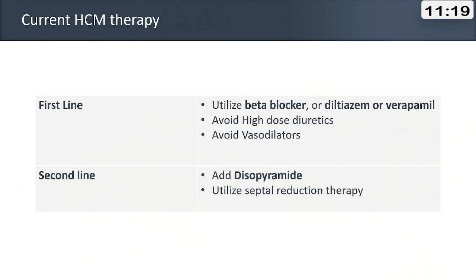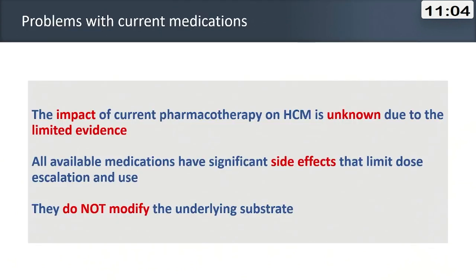First, we start with lifestyle modification and prescribing beta blockers and calcium channel blockers as tolerated. Then the next step is adding disopyramide, and if the patient is still symptomatic with high gradient, we proceed to septal reduction therapy. We have several limitations of the current medical therapy: the impact of current pharmacotherapy on outcomes is unknown